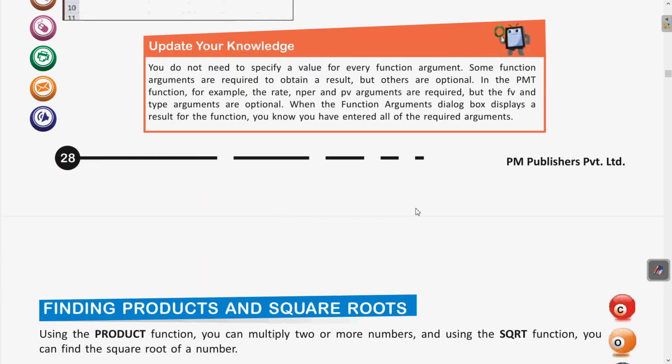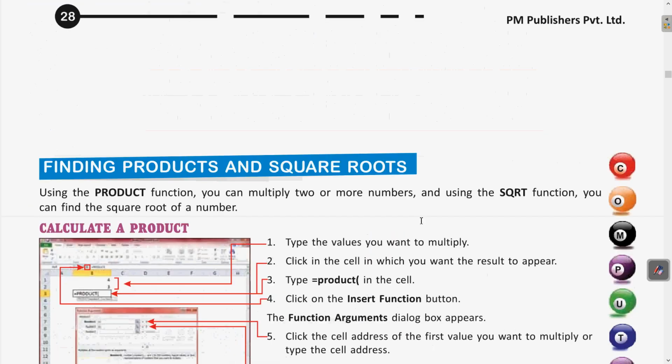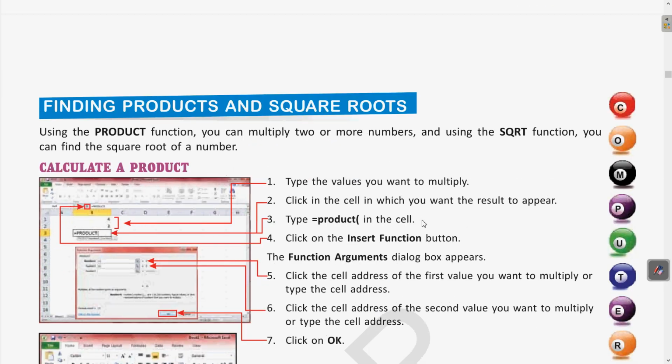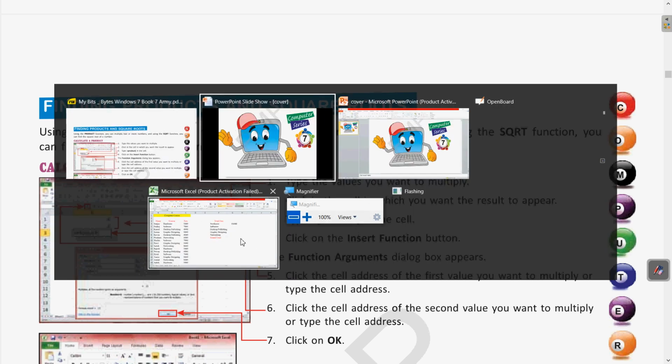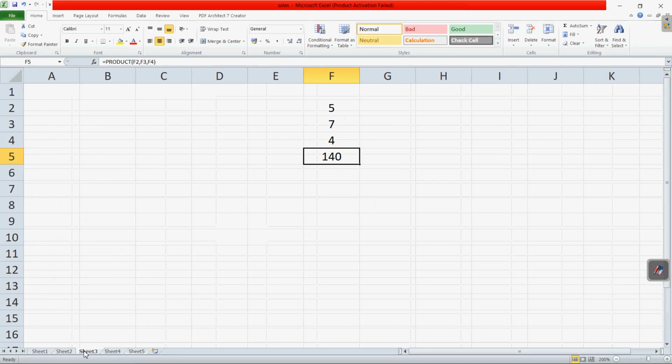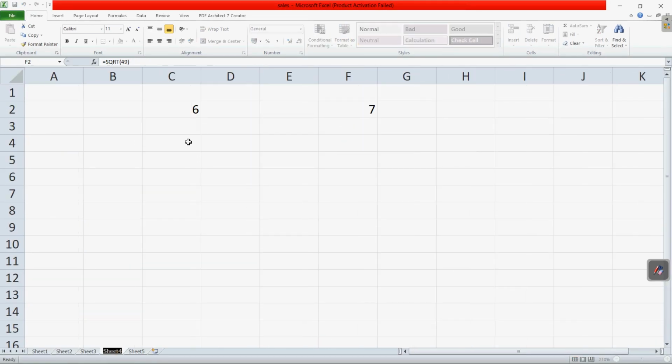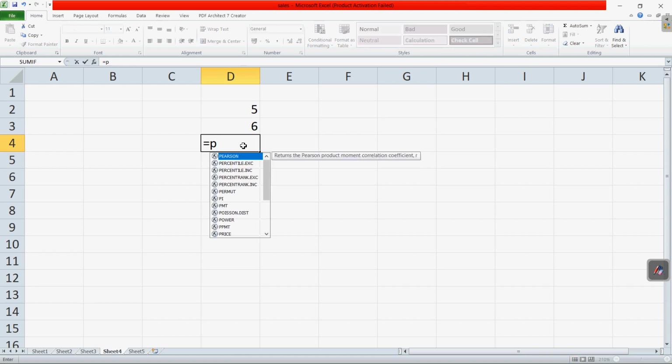Okay, and after that we have seen the product and square root. So how to find the product and square root? It is simple. For using the product we have used the function named product. Let me show you once. So if you come to the Excel sheet, for example, let us delete these numbers. So for example, if we want to calculate the product, suppose I am writing 5 then 6, and these are the two numbers. If I want the product of these two numbers, what function will I write? Equal to, then product,